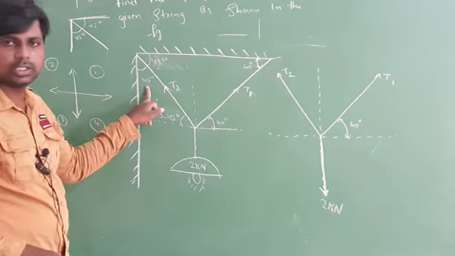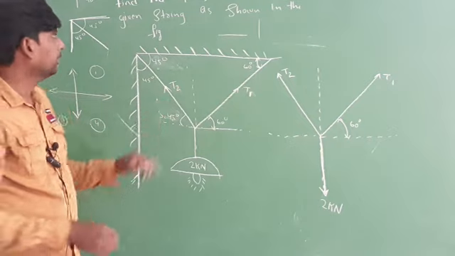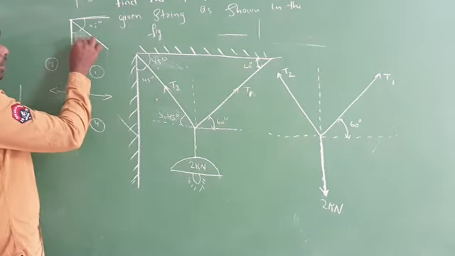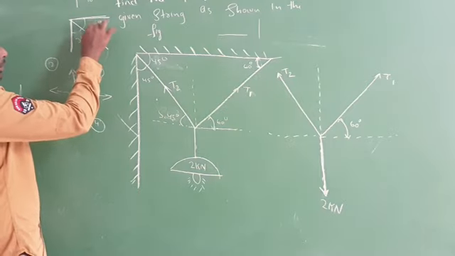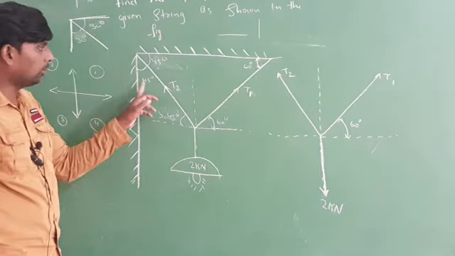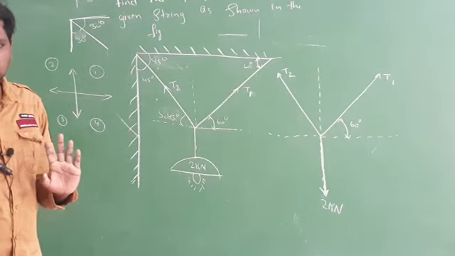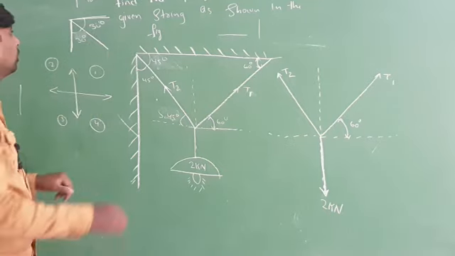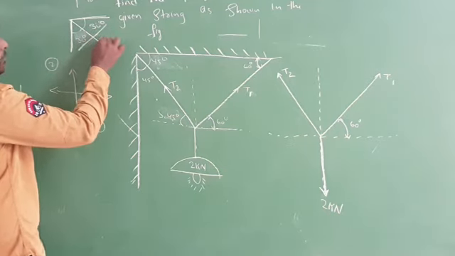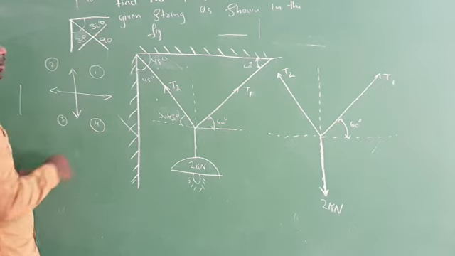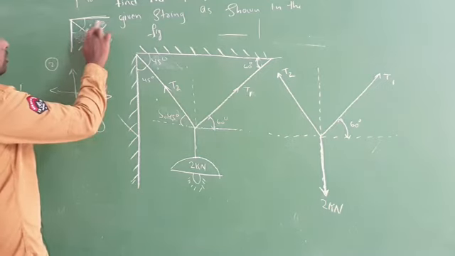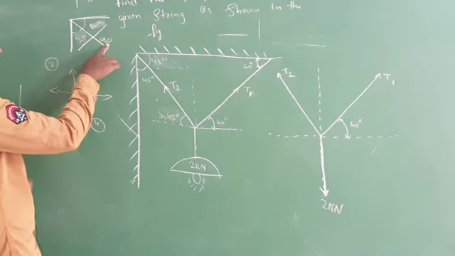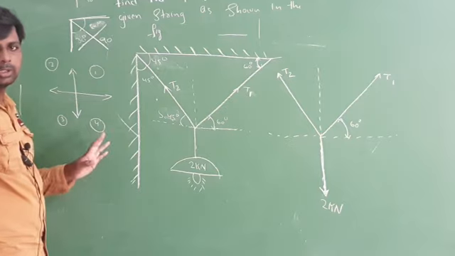Don't write it wrongly. Suppose here it is 30. Don't write 30 here, because, suppose I take the example in the next problem, I will solve this one. If it is 30, don't write 30 here. Unfortunately, in this problem we are getting equal, but every time it is not possible to get equal. Suppose here 30 is there, don't write 30 here. Why? Because the sum of these two should be 90. So if you add 30, how much will it become? 60. So what you have to write here is 60. If you write 60 and 30 here, 60 plus 30, how much will it be? 90 degrees.